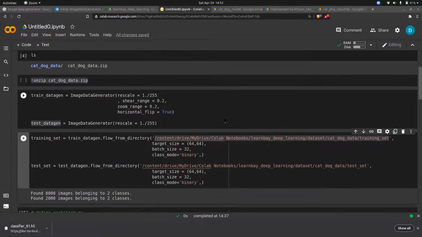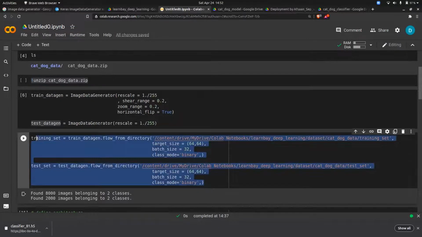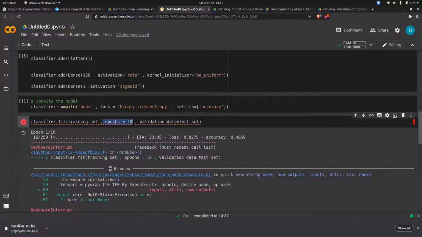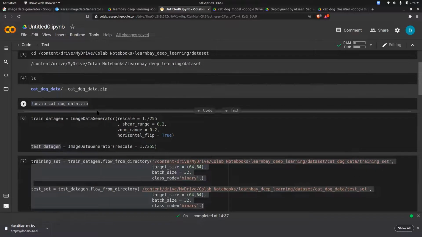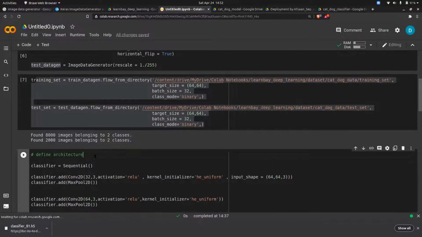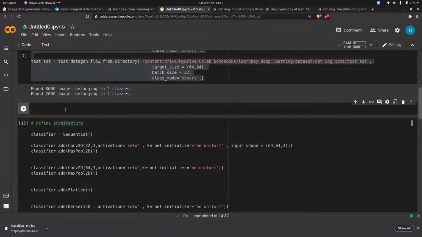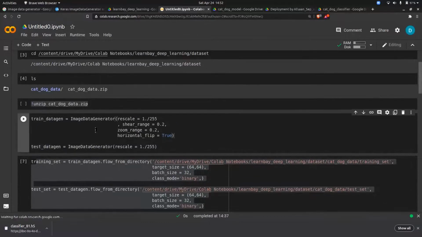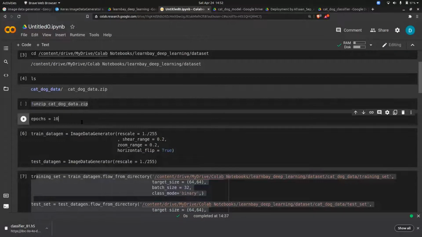And now the variables which you keep on changing, for example, what variables you keep on changing in this? So for example, in this, you keep on changing the epochs, right? Depending on how many epochs you have to run. So everything you have to define in the starting only as a variable. What I mean to say is, on the top, epochs equal to 10. So this is a good coding practice.